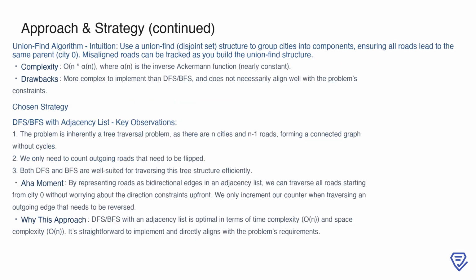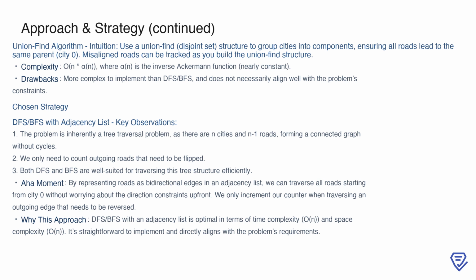constraints. Another method we considered is the union find algorithm, which uses a disjoint set structure to group cities into components. The idea here is to ensure that all roads ultimately lead to the same parent, which is City 0. As we build the union-find structure, we can track misaligned roads that need to be corrected. While this approach has a nearly linear time complexity of O(n * α(n)), where α(n) is the inverse Ackermann function, it is more complex to implement compared to the DFS or BFS method. Furthermore, the union-find algorithm does not align as naturally with the problem's tree structure and constraints as the DFS/BFS approach